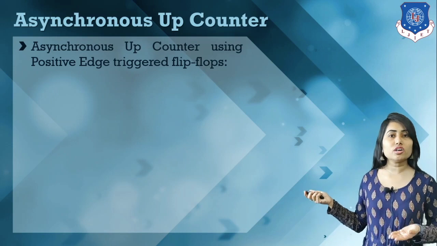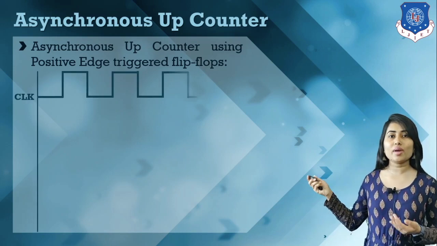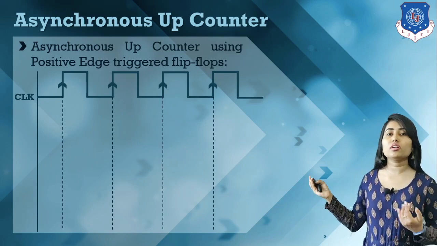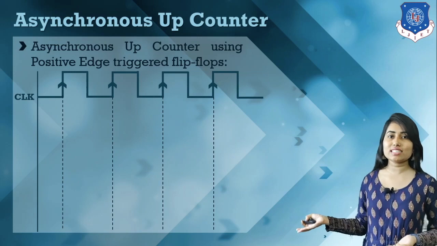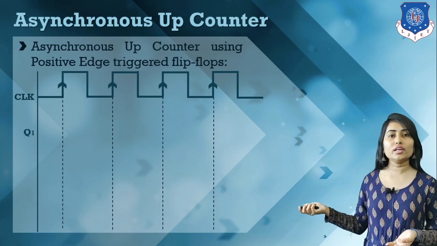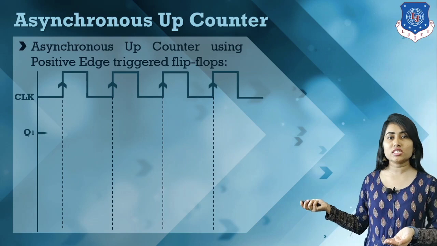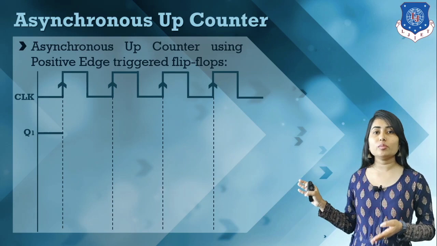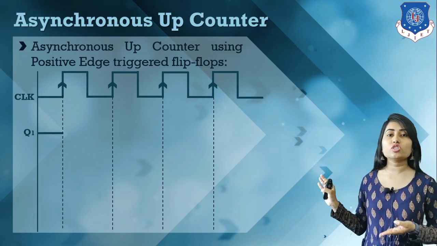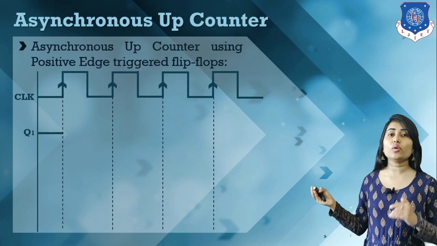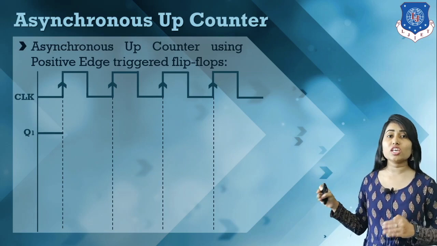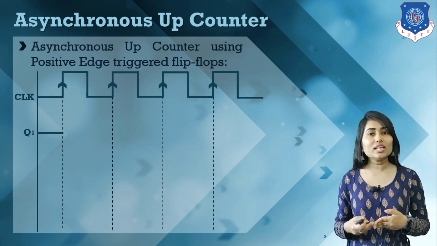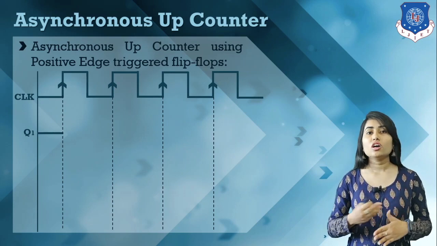Initially, the first flip-flop will be activated from the external clock. So here we have the external clock. Now let's mention the positive edges, and draw this reference line. Now we have to calculate Q1. This Q1 will initially be 0, because there is no positive edge yet. It continues its value up to the next positive edge, where we have input 1 1. That means we have a toggle condition, so we simply complement its value.